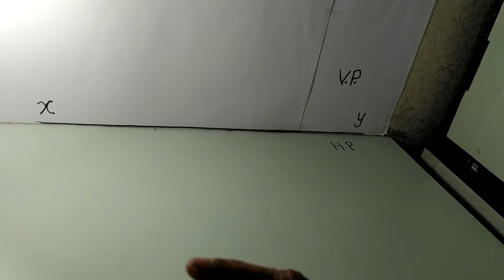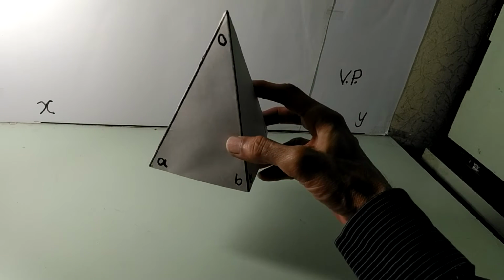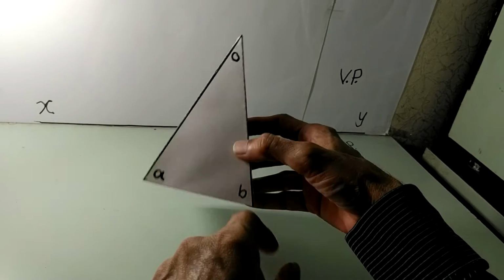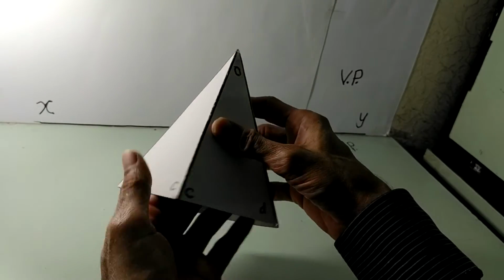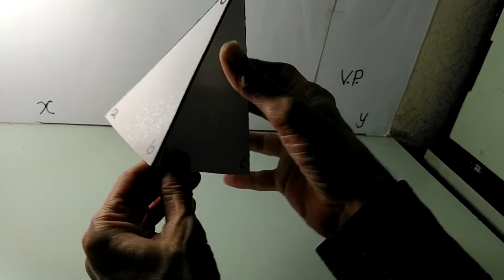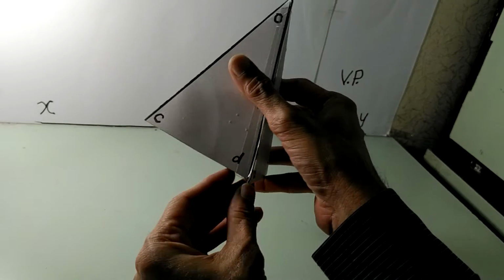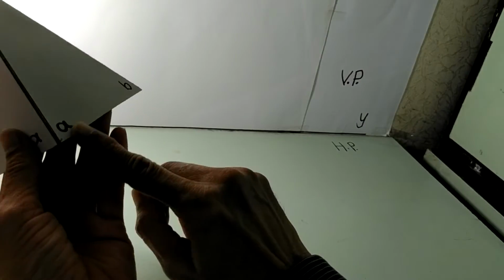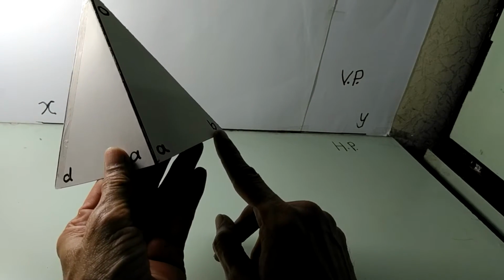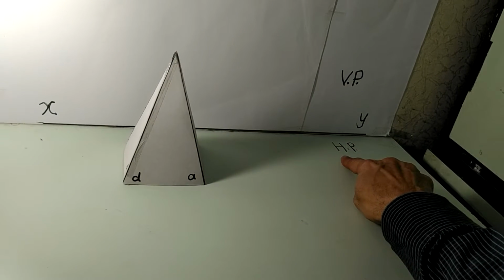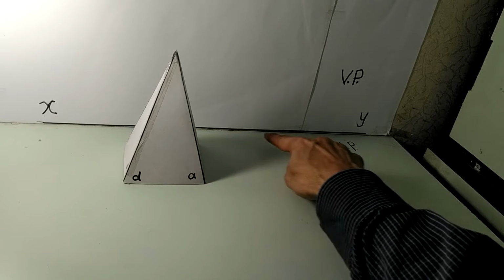positions of these solids. So if you see the figures which we have learned earlier, this is a solid. So square pyramid, what we were talking about, it is here. This is HA, HB, HC and HD. Now these are the lines HAB, BC, CD and DA. Now we have drawn the figure such that the object was resting on HAB in HP. So I am holding the solid in HP. This is HP, you can see here. HP here, VP here. This line is XY line.